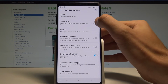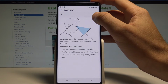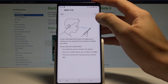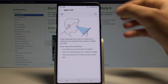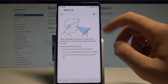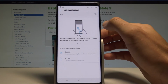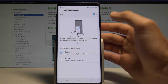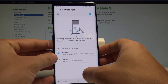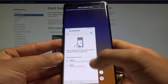For example, you can use the smart stay, so you can just use the smart stay and it keeps the screen on while you are looking at the phone. It's basically right here. Just enable this feature. You may also here use, for example, one-handed mode. Let me enable this, and now if you just swipe up diagonally your device, you will have access to the